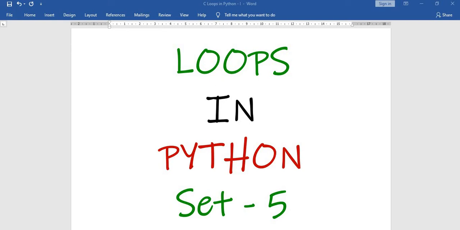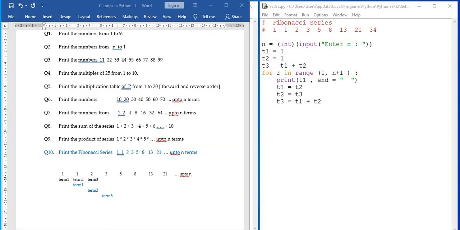Loops in Python set number 5. Carrying on with the program list. Where is the program list? Here is the program list. And this time, we are going to work first, to begin with, on program number 10 and then come back to questions number 8 and 9, which are due because in the previous video I had shown